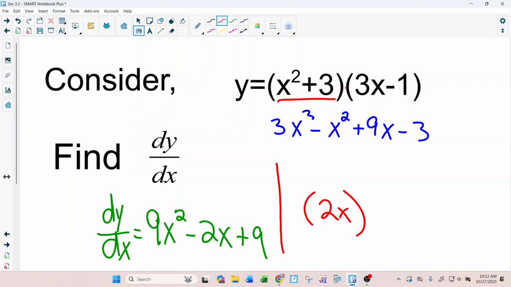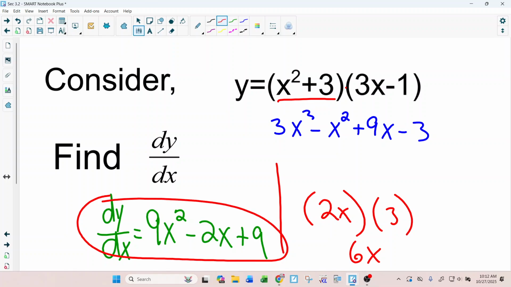The derivative of the second piece would just be 3, which would give us 6x. So you can see we can't just take the derivative of each part, right? There's something else going on if we're going to get this as the right answer. Because however we do it, we should get the same thing. And so because of that,